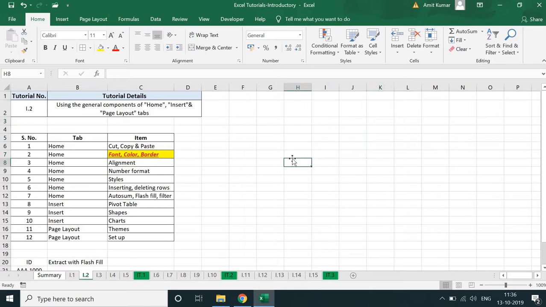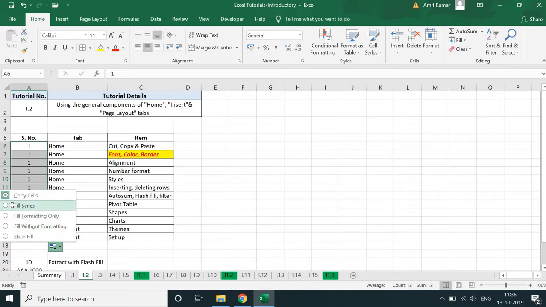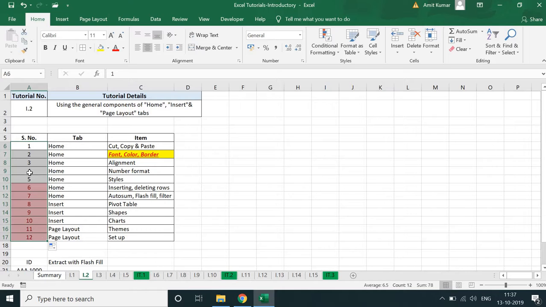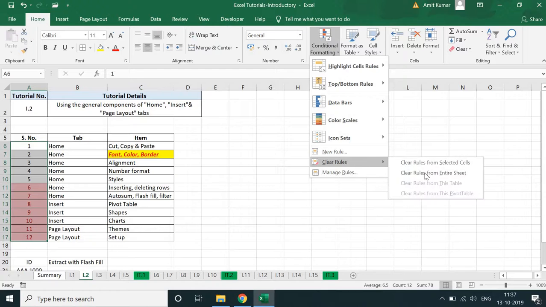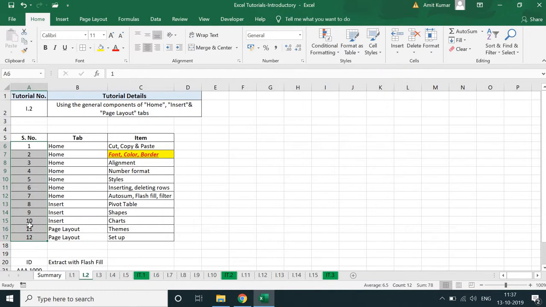Now comes the fill. Let's say I didn't fill this cell, so I have to fill from 1 to 12. If I copy like this, 1 will be copied. I can use fill series, then 6, 7, 8, 9, 10, 11, 12 will be filled. The conditional formatting is still active, so whenever the cell number becomes greater than 5, it is shown as red with red text. I'll just delete the conditional formatting rule to avoid any confusion here. So this is one way wherein you can use